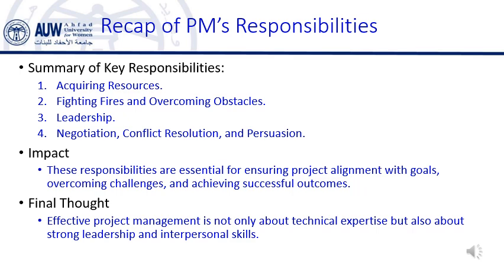Example. In the Tesla Model 3 project, the PMs had to secure resources like skilled engineers, materials for the car, and equipment for the production line. Without these resources, the project couldn't be completed on time or within the budget. This connects to our earlier lessons on resource management and budgeting. The PM must ensure the right resources are available at the right time to keep the project moving forward.